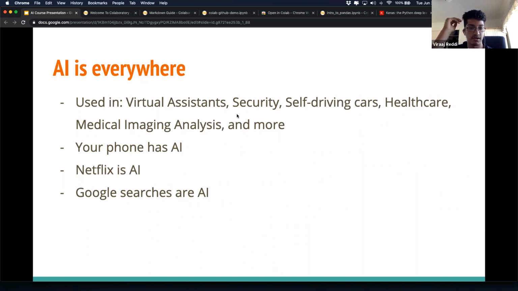Right now, it's being used in everything from Netflix to Google to healthcare, and the type of AI used differs among these, but it's all categorized as AI. For example, when you use Google searches, you use something like natural language processing, and when you use healthcare, you may use something like image recognition. But the bottom line is, it is getting very, very prominent in our society.